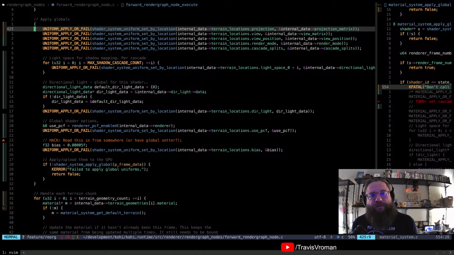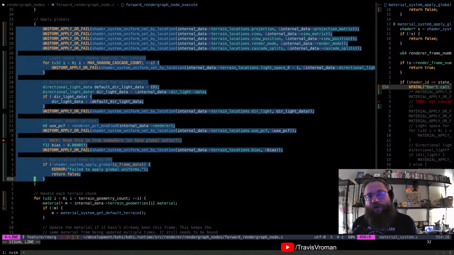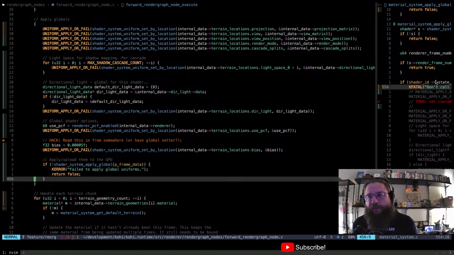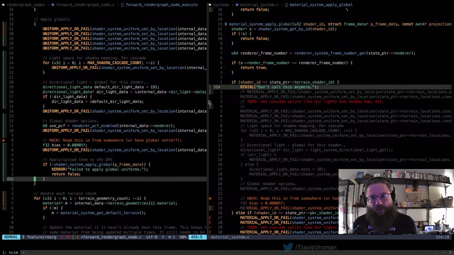So this whole section right here is essentially what was in the material system, and we've stripped that out of the material system and moved it into here. Now, you might be wondering why. That is because we wrote the material system before we had views or render graph nodes or any of that.